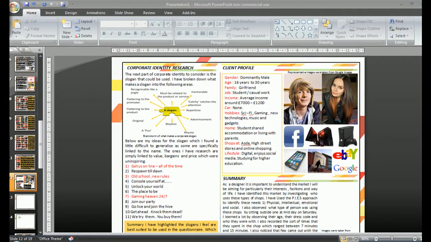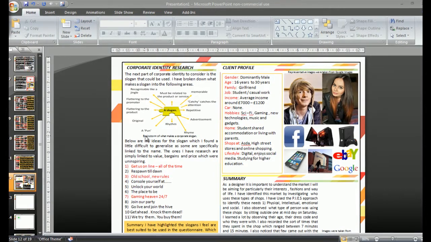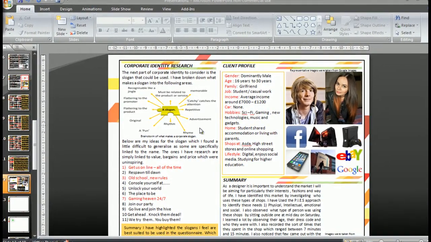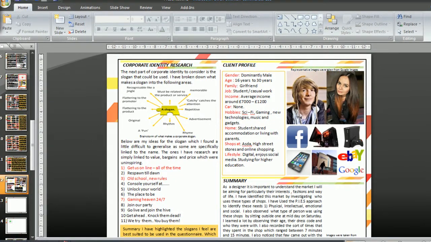Okay, so the next part of our portfolio that we're looking at is the client profile. Before we move on to that, I just want to show you what's happened over on this side of the page with the corporate identity, which is the last thing that we looked at. I've just inserted a little statement explaining what that image is, and down at the bottom just done a